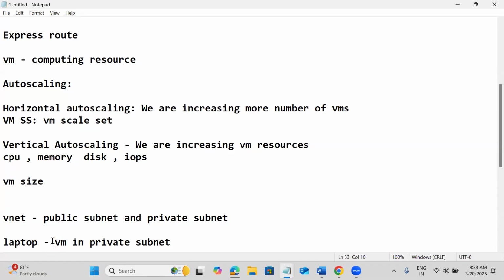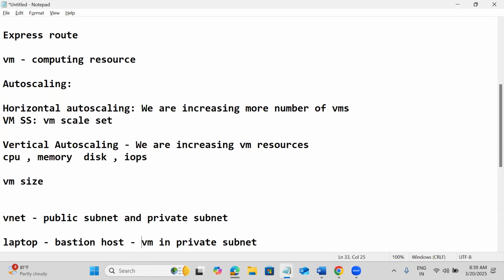That jump server is provided by Azure, and it is called the Bastion host. What is the use case? You have some VMs in the private subnet, but you can't directly access them. Then you can use the Bastion host to connect to private VMs in private subnets.